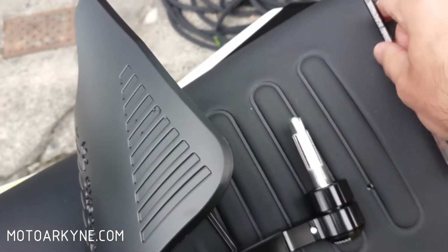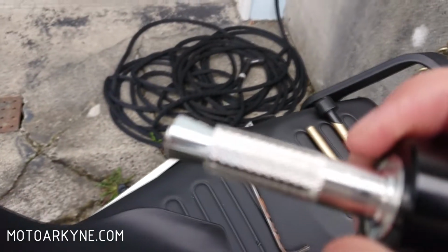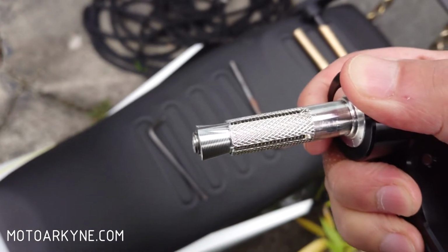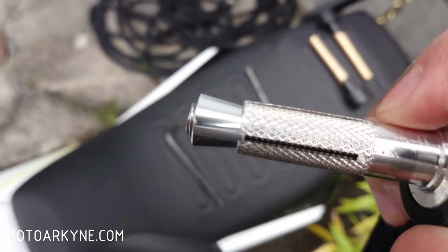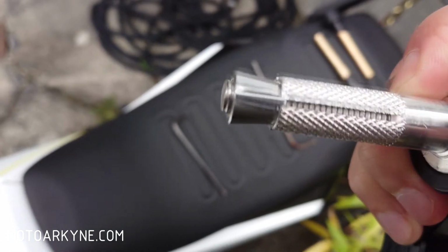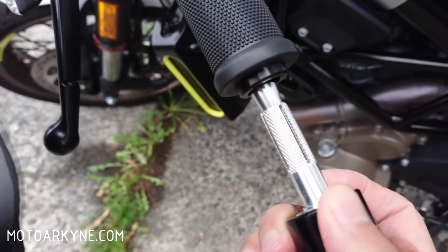An important thing to note when inserting these is that this flange here has a notch. At first I didn't notice it. That little notch needs to go between this expansion piece here. I didn't notice it, and I was wondering on the other side, why is this thing spinning? And then I caught it by accident. So keep that in mind. Basically, by hand, get it here, and then you can insert it here